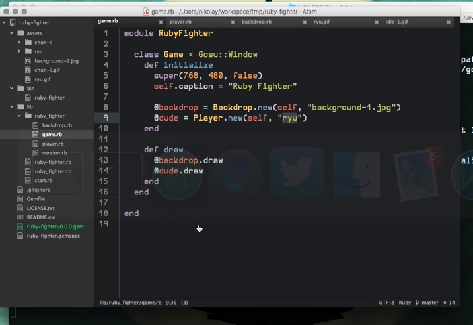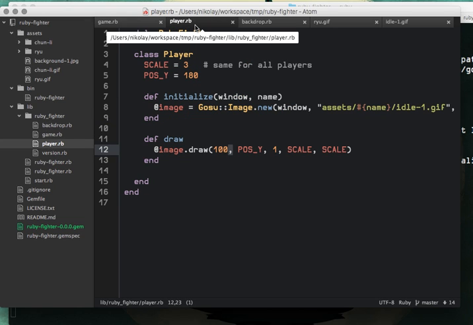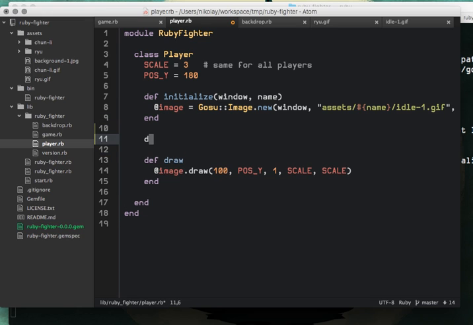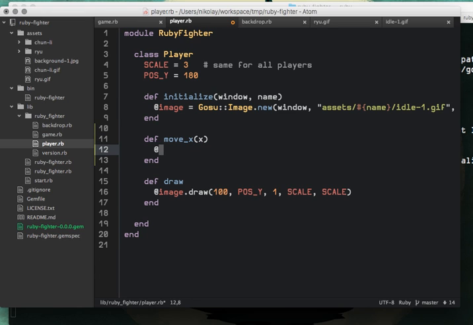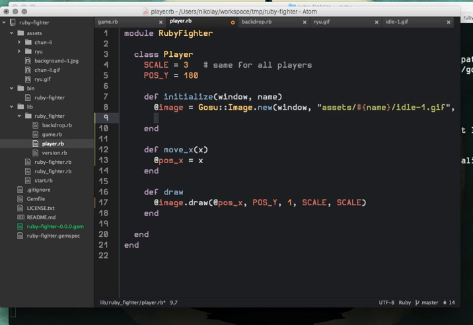See, the next thing you normally do with a game, you start introducing horizontal movements. Here I just hardcoded 100 as a position, a left position, but normally you need a method to move your character. In this case, I'm just making horizontal movements. You just say move X and X position, and you introduce a local variable, say position X equals X, and you specify position X,